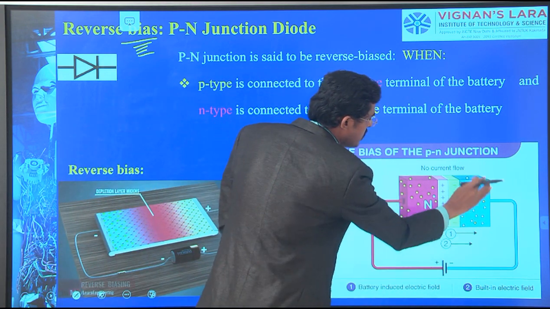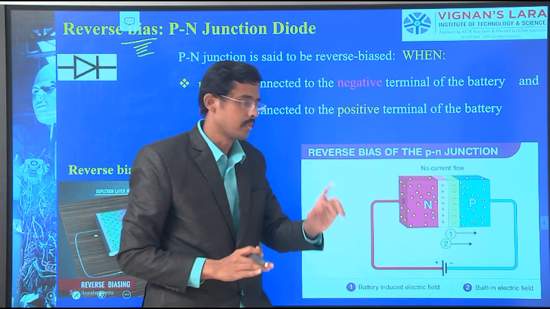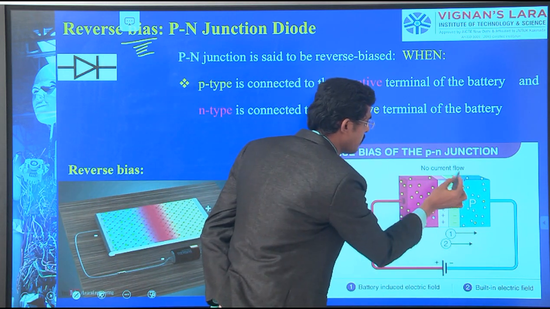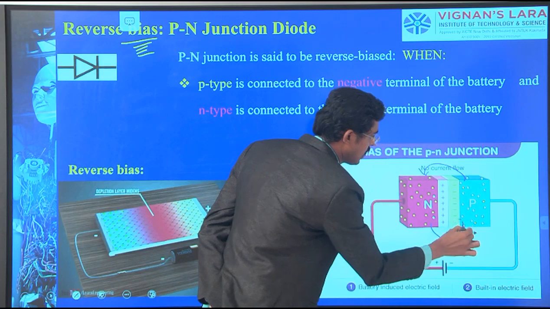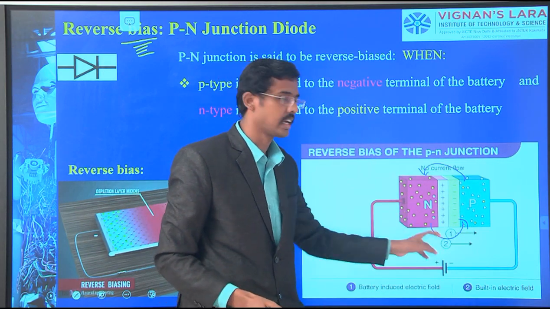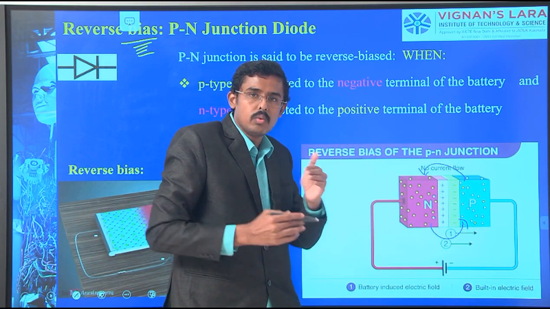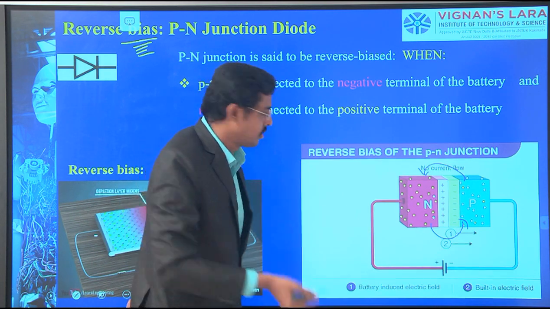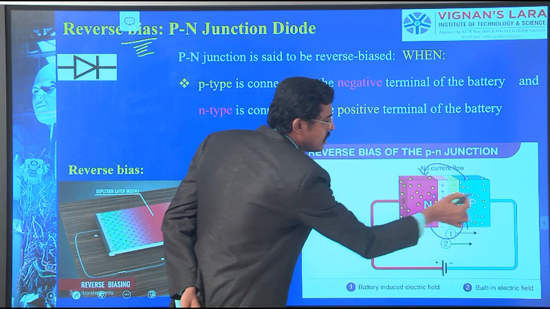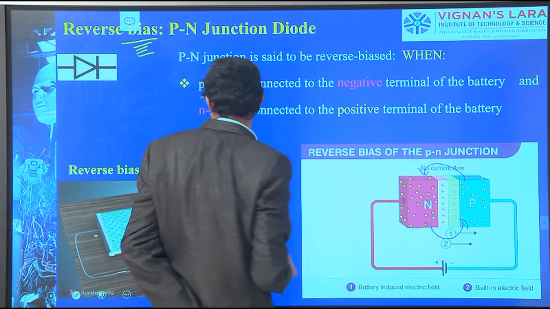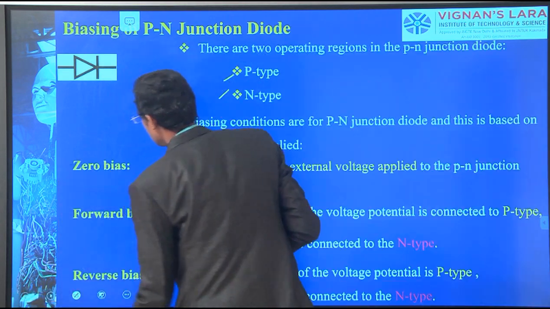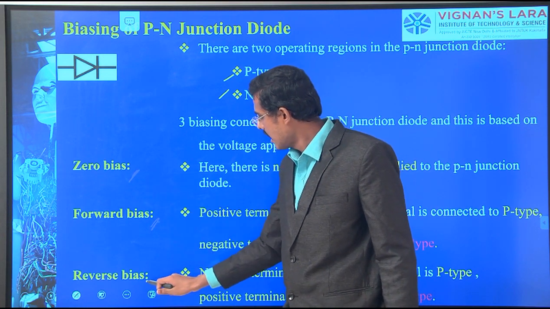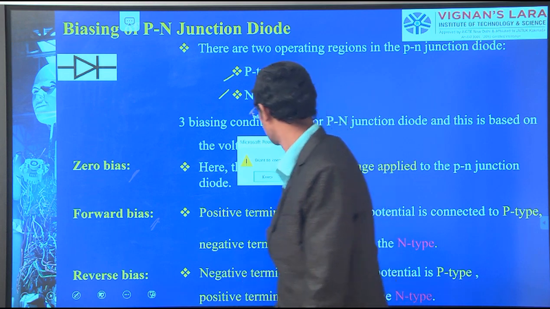As of now, we have seen only n-type and p-type. In n-type, we have taken into account the charges, and therefore the positive and negative. Up to now, the depletion region is formed. We know this. Now I am connecting the supply, the biasing. So I am naming these three cases as zero bias, forward bias, and reverse bias. We will see what it is.